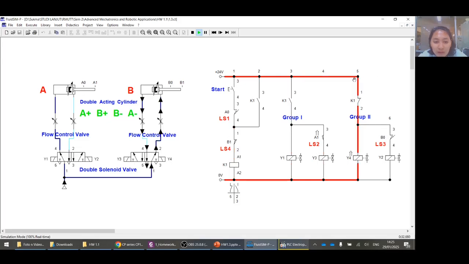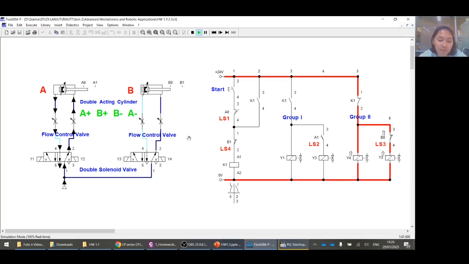And then after that, the normally closed contact of relay 1 will activate solenoid Y4. This makes cylinder B go backward, and after reaching limit switch B0, then we'll make the cylinder A go backward because the solenoid Y2 is active.